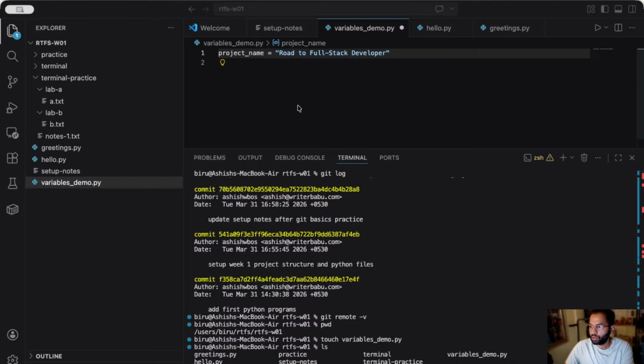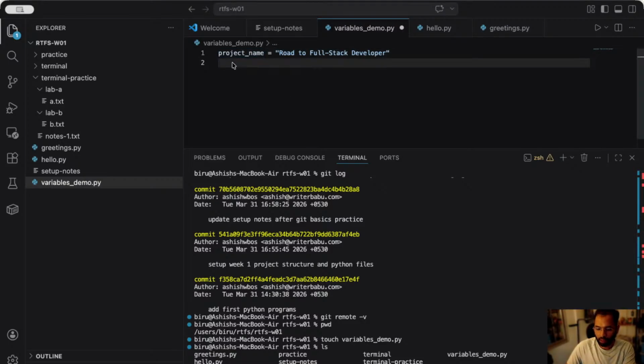Project name Road to Full Stack Developer, current day is equal to 7,